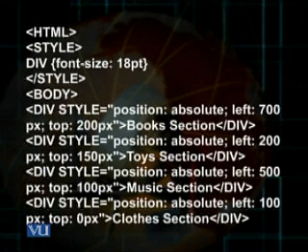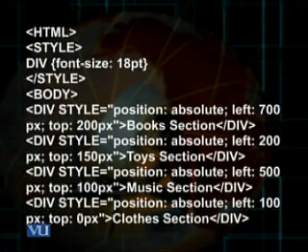Then in the third div tag, position, again absolute. That means I want to make the edges of the browser window the reference point for calculation of left, top, right, bottom values. Then left 500 pixels, top 100 pixels, and I enclose the words music section.